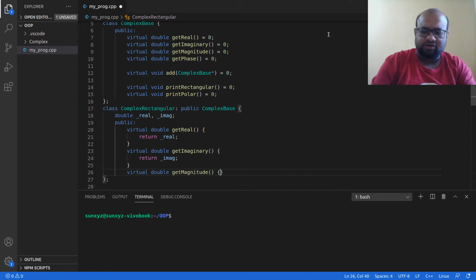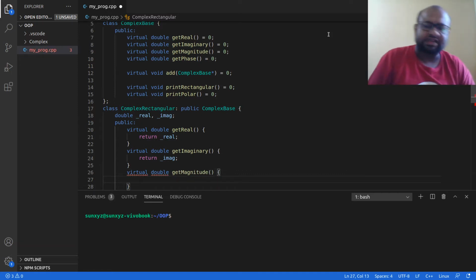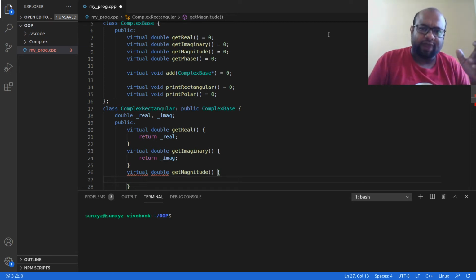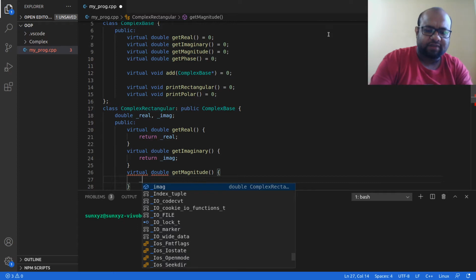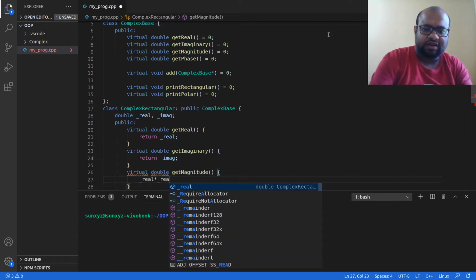Magnitude, we have seen the formula in the last class, is essentially: I take the square of the real part, I take the square of the imaginary part, I add them together and I take the square root. So let me create the square of the real part: real into real.